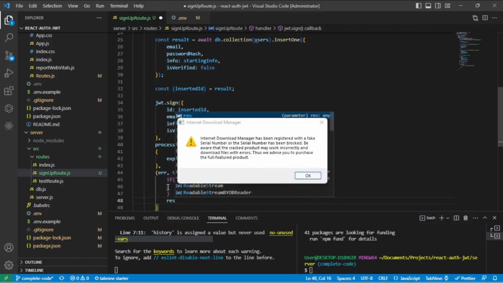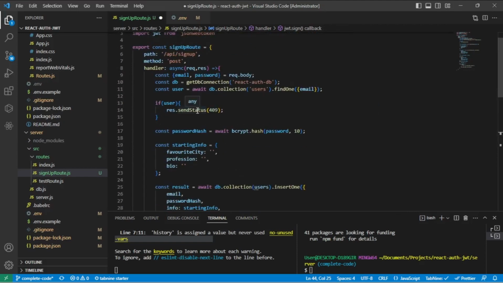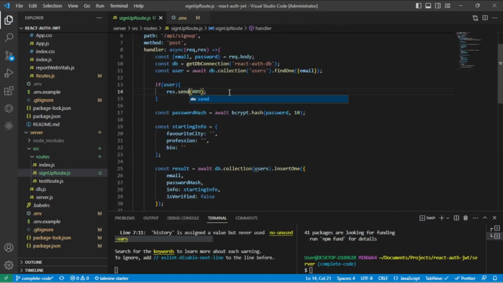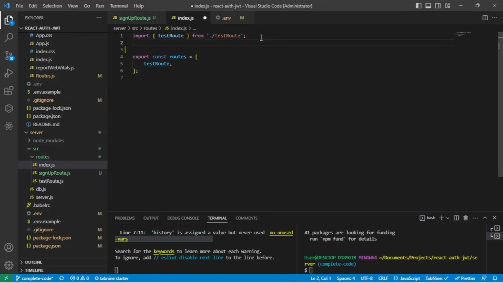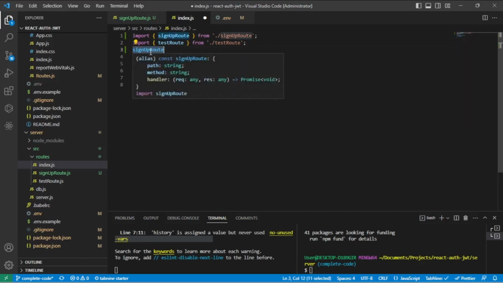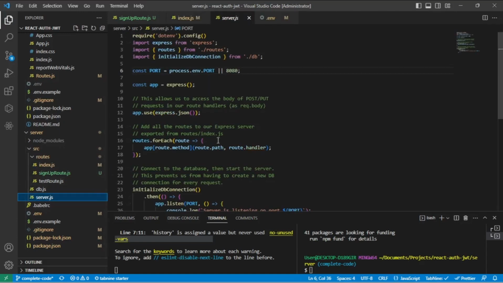So else we'll return the token. Yes, so the status code would be 201, 200, and set the token in the JSON format. So that being done, format the document, save, and get back to the index file for the routes. Import the sign up route and add it to the array of routes so that your server picks it up. So when that's done,